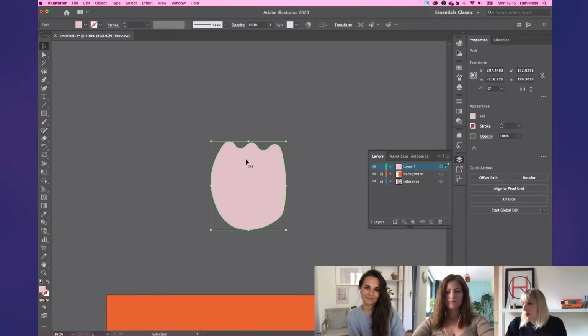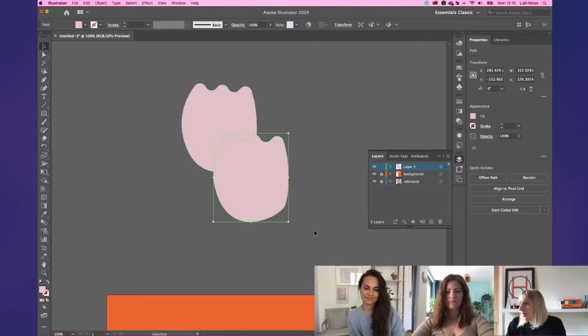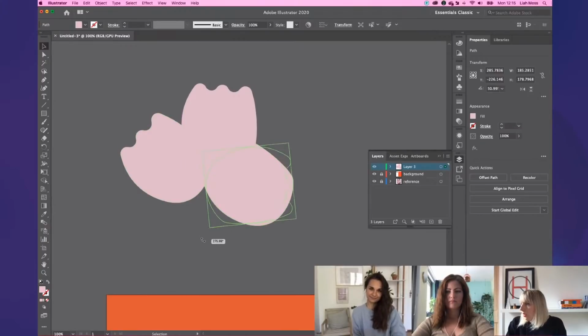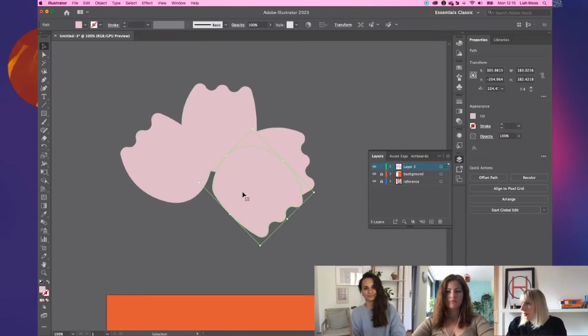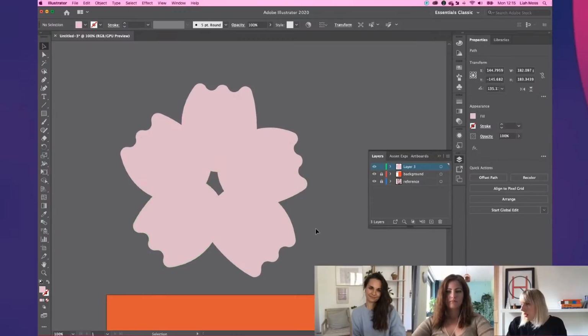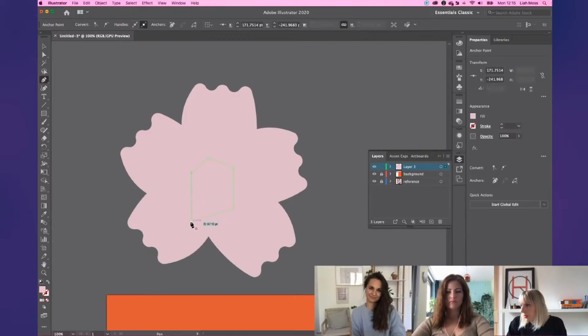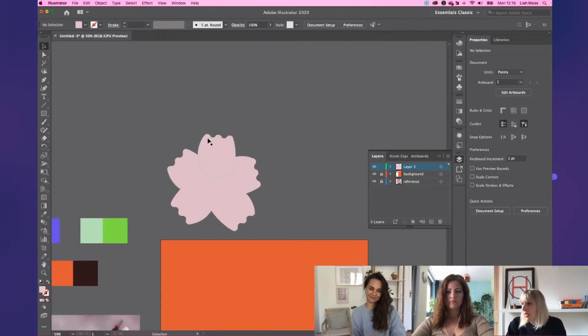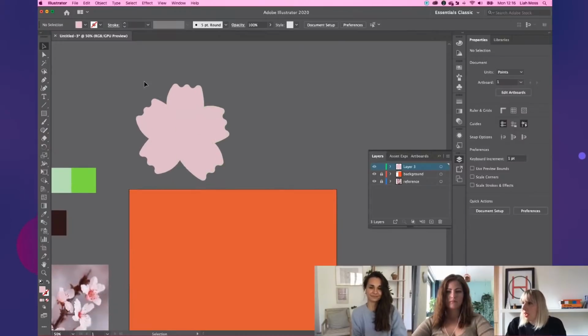And this is going to be the basis of my flower, so I'm just really quickly going to copy and paste these to create my flower. Really roughly. And then I'm just going to really quickly draw a shape to fill in that space in the middle there. And I always like to have my original here that you can refer back to,